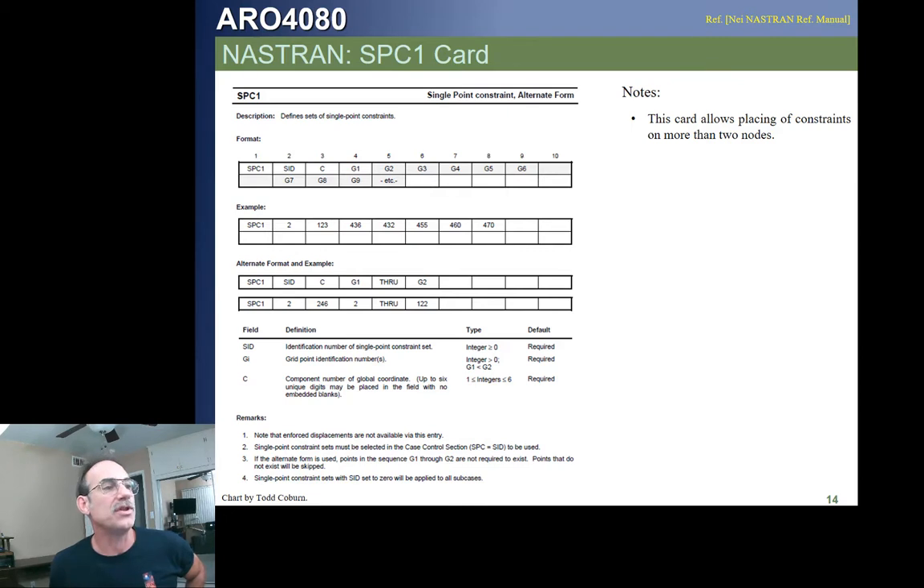It's pinned in the 1, 2, and 3 direction, and that constraint applies to grid points 436, 432, 455, 460 and 470. Got that? You can also just say G1. Let's say you have a structure and grid points 1, 2, and 3 all have the same fixity. You could put in what the fixity is in field 3, put in grid point 1 ID,